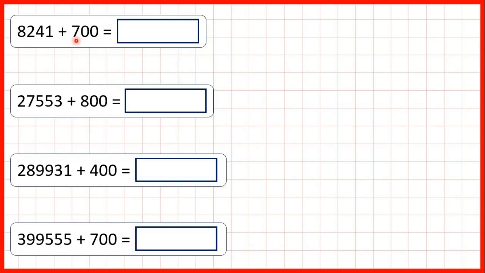Now for these questions, we need to add a multiple of 100, so a number that ends in 2 zeros. And we can answer questions like this mentally, without needing to use column addition. So first, we have